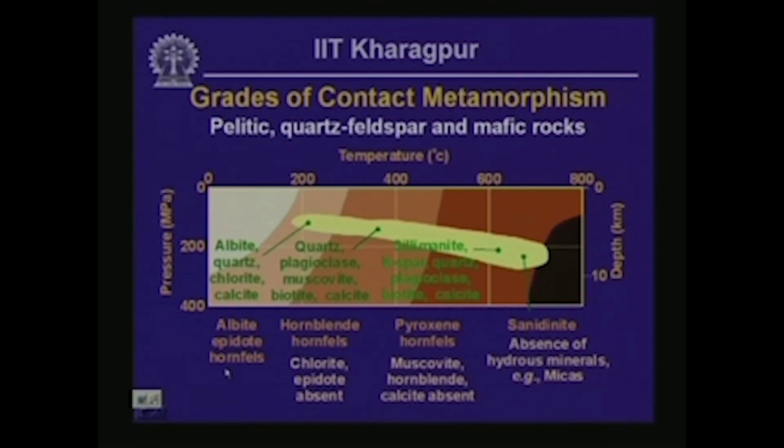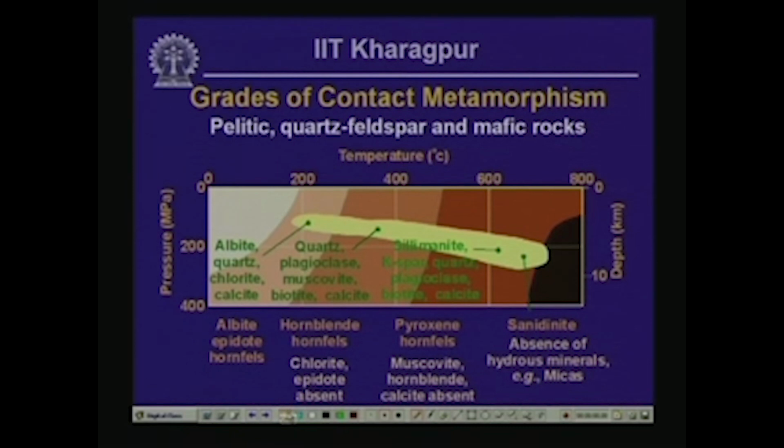This is actually a section of the plot that we have already seen, and here what we are interested in is the range shown as a yellow shade. So, what we are looking at is this particular range of pressure and temperature, and here, as is evident, we begin typically from rocks that contain a large proportion